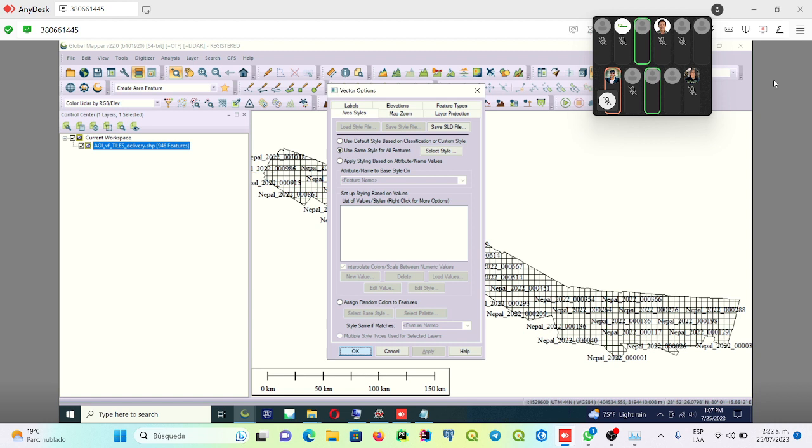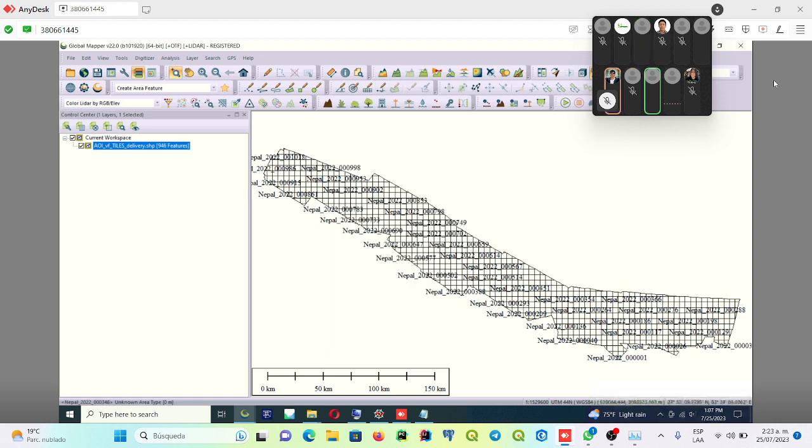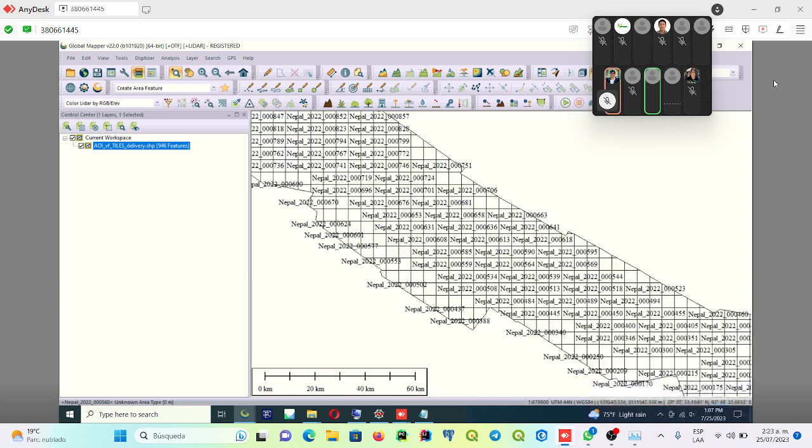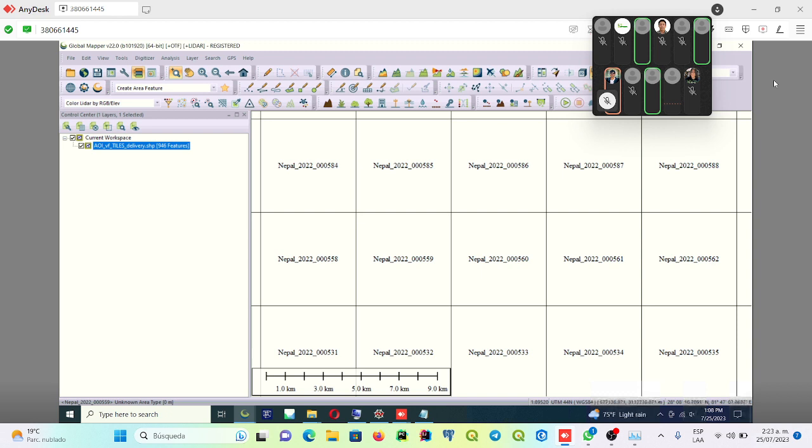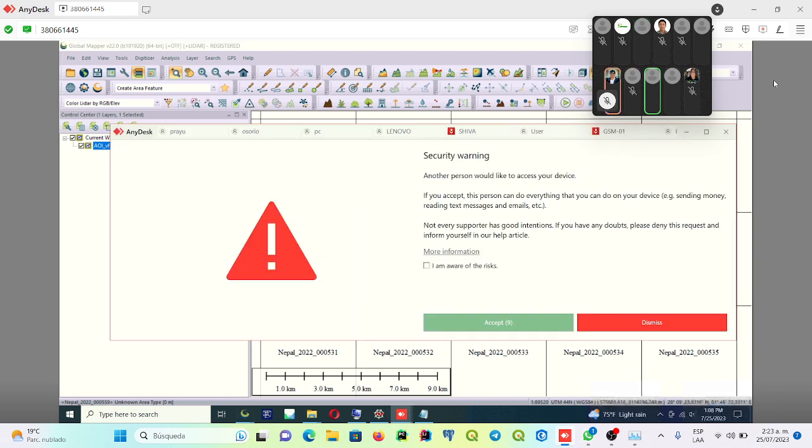Okay, so these are the big areas. This area is divided into small blocks, and these blocks are numbered. This number is the last 3 digits or last 4 digits, so this will be important to you later. What you'll be working with is a patch. This is a 5 kilometer by 5 kilometer original orthomosaic image,